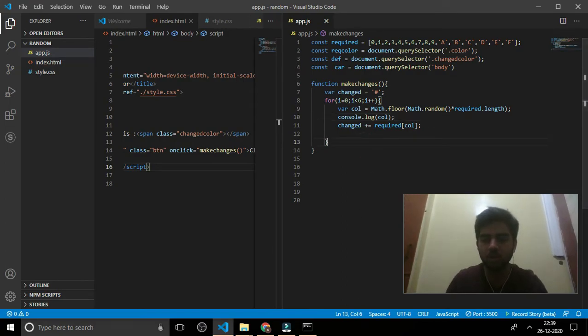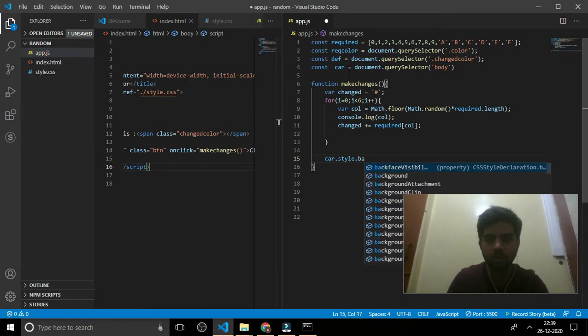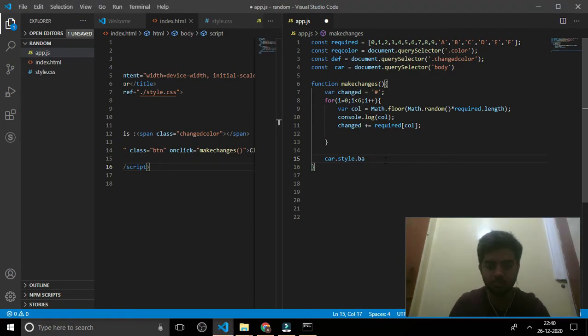Now we'll jump out of the for loop and do some further things. What is the grabbing constant? Car, right? Car dot style dot background color equals changed.